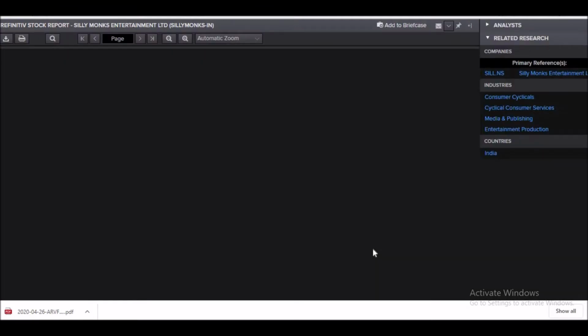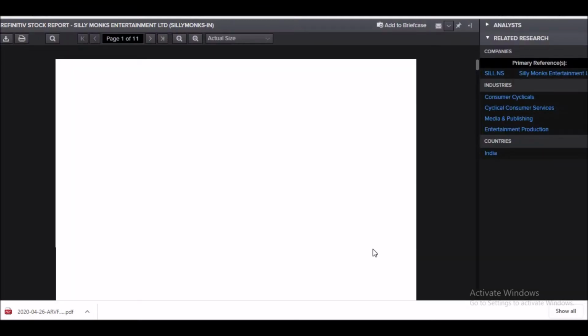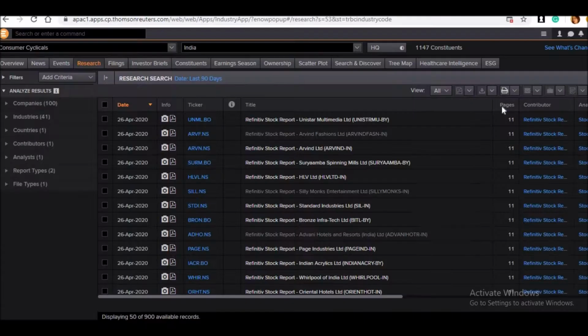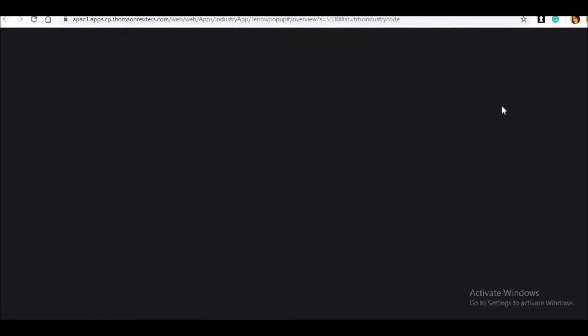Now this is one more report that I downloaded for Silly Monks Entertainment Limited, and you see I have got the complete information about Silly Monks Entertainment. I can use the report that has been prepared by Refinitiv for my own analysis, maybe for my own case studies on financial studies. In case I'm not interested, and I want a data set so that I can proceed further with my own analysis,